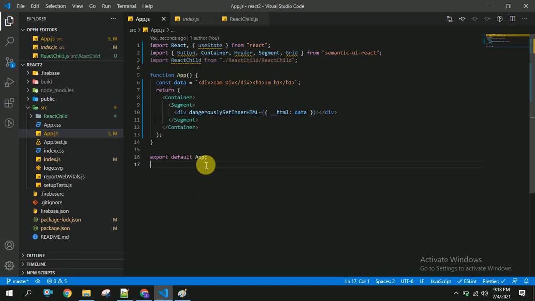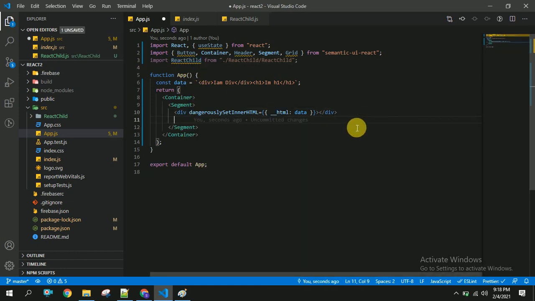So this is the child component, and to this child component I am going to send the data by using props.